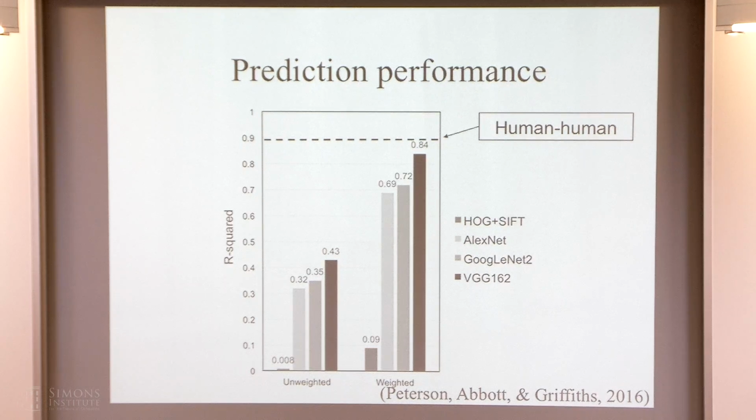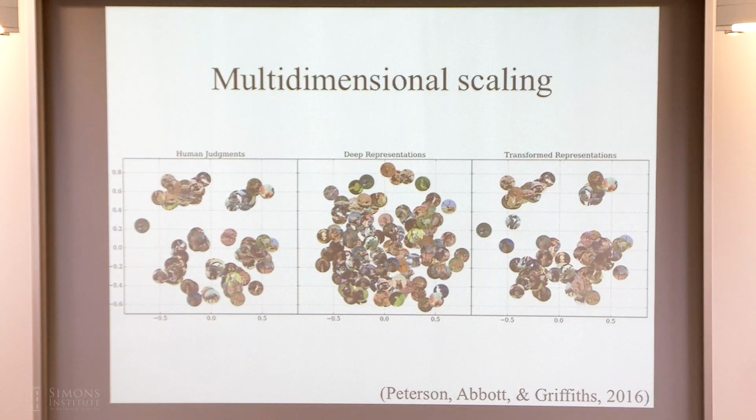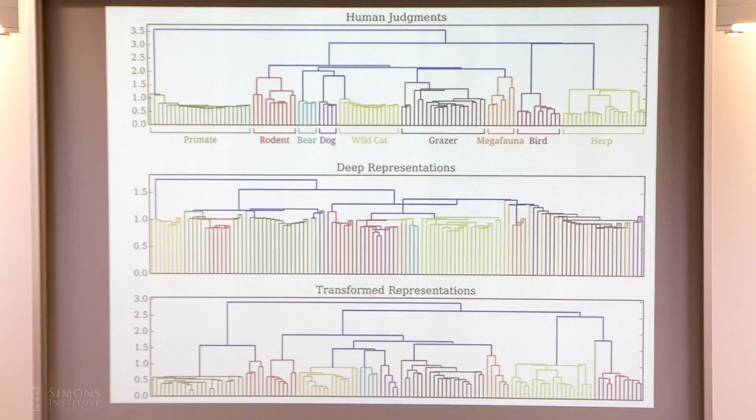And so we can then say, OK, using those reweighted representations, what do they look like? So this is multidimensional scaling for that transformed representation. And you can now see it's very similar to the human judgments. And likewise, this is taking that transformed representation and then doing the hierarchical clustering. And you can see that essentially, there was enough information in that representation to allow us to pull out the taxonomic structure that was missing originally. It still makes a couple of errors. So over here, there's a couple of small primates that get classified in with the rodents. And then for some reason, there's one large animal that it thinks is a bird. But other than that, it's doing a pretty good job of pulling out not just the perceptual information, but the relevant taxonomic information.